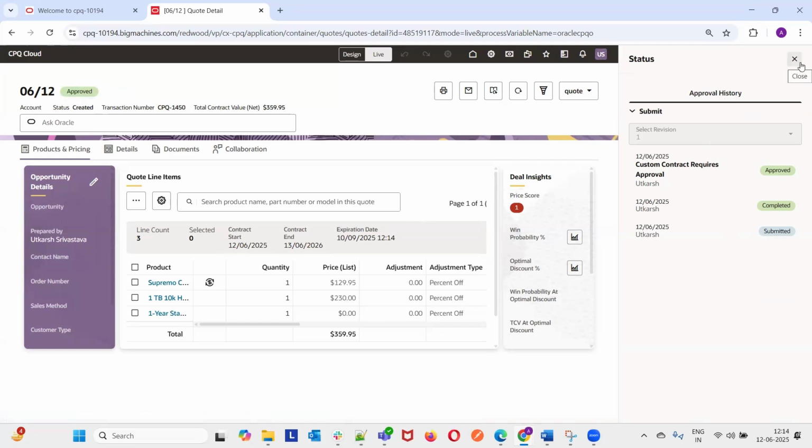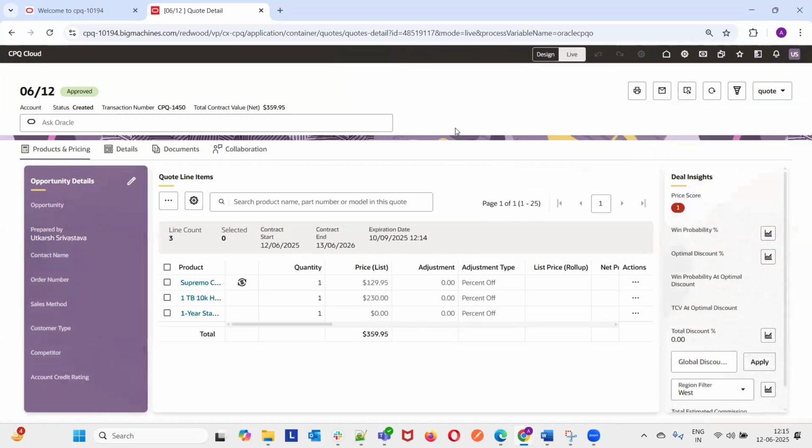So in this way, this look and feel of the whole approval makes it easier for the user to quickly access the pending approval codes, and also to quickly approve or reject the codes as soon as the pending approval codes are opened from the transaction manager. So this is about the approval.